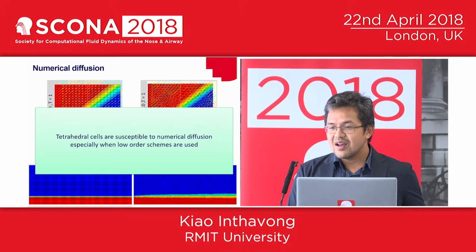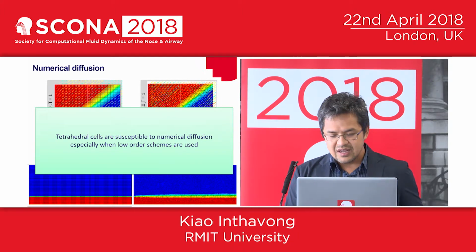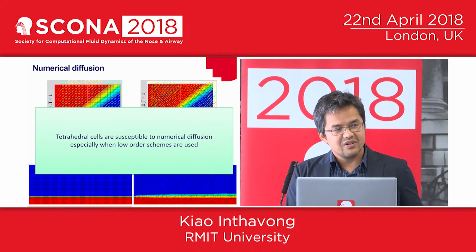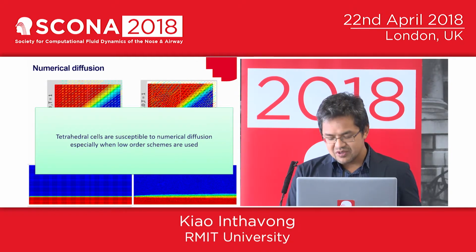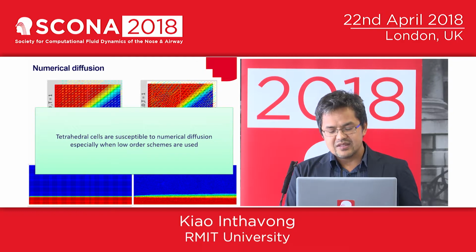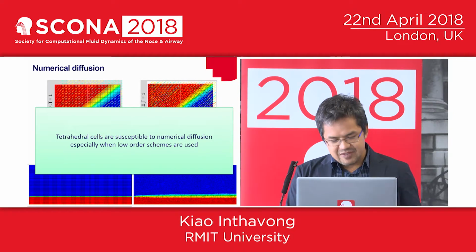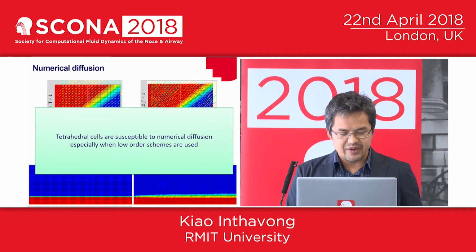You may have seen that in your readings as artificial diffusion or false diffusion. It can be overcome with very high order schemes, but a lot of times they aren't available, and when you go to lower order schemes, you, I guess, bring in more stability, but suffer from that diffusion, numerical diffusion.